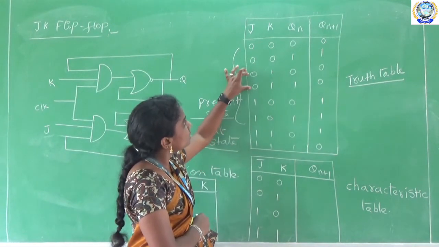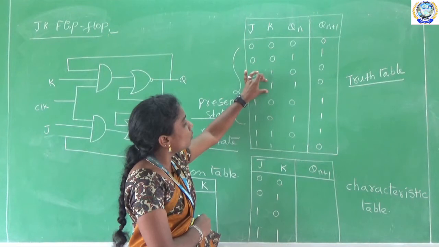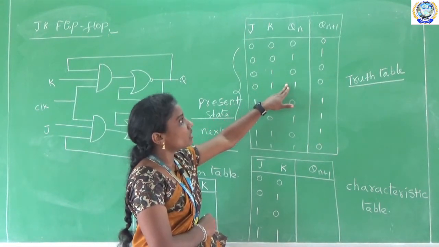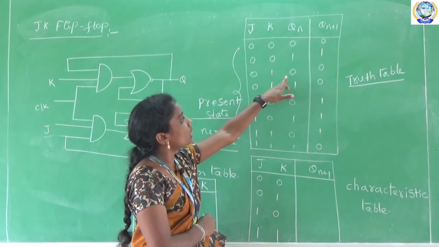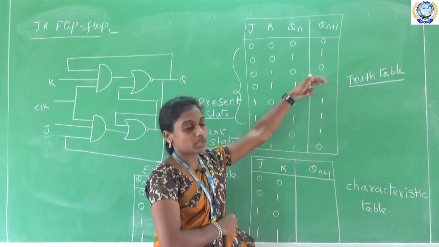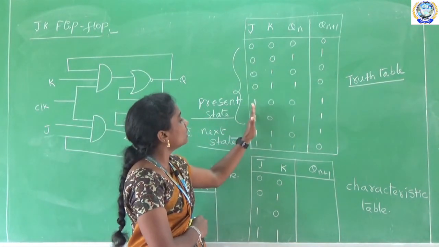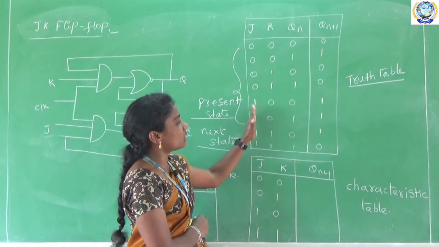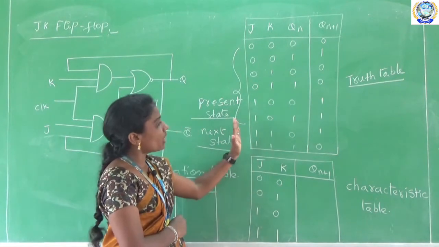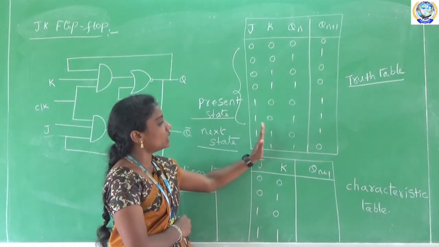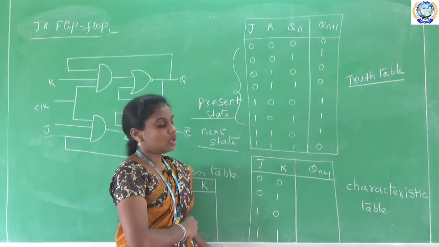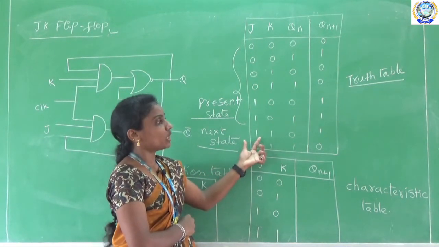If J equal to 0 and K equal to 1, it is in the reset condition. So now what outputs are we getting? Here Qn equal to 0, that means there is no output, next state equal to 0. It is in the reset condition. Similarly, J equal to 1 means it is in the set condition, so the next state output equal to 1. Finally, when J equal to 1 and K equal to 1, we get the invalid state in the SR flip-flop. That is the main condition we need to consider here.